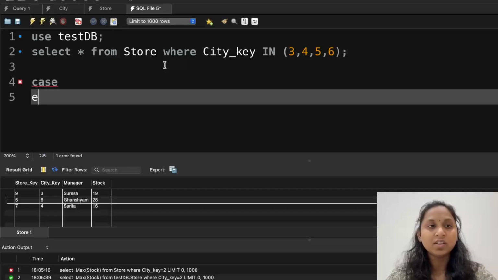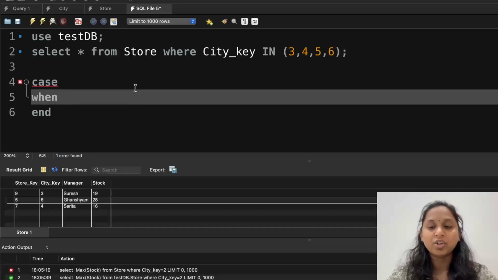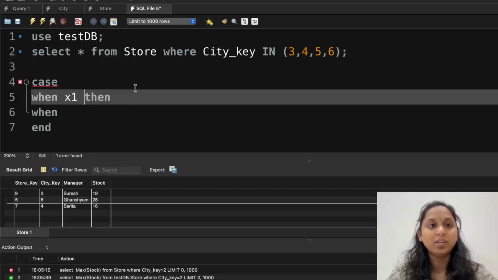What is case? Case is a combination of case and end, and will be used to define a condition. Here you can add multiple conditions as many as you require. Let me write c1, your first condition. If c1 condition is fulfilled, I want to execute my task 1. If c1 is completed, it will not go for c2, it directly jumps out. It will be the same as an if else ladder.